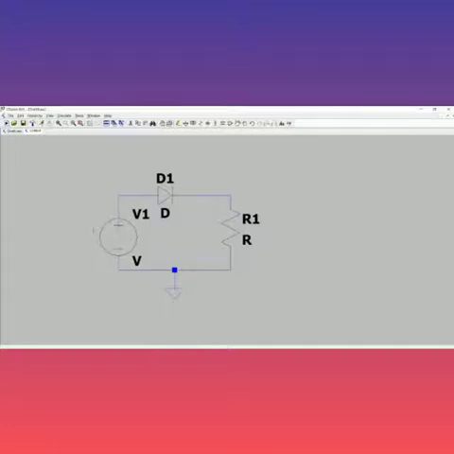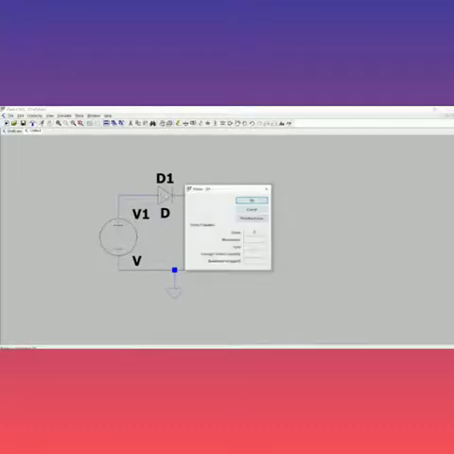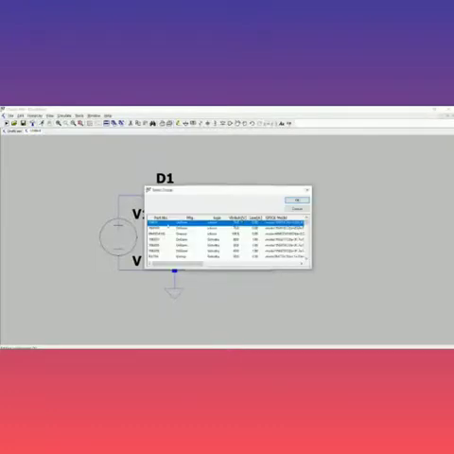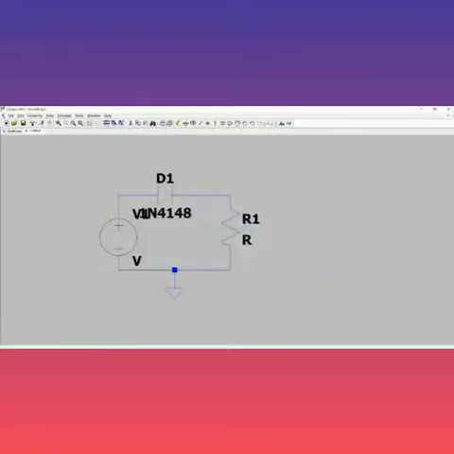The second step is I have to name all the components. For naming the components, I should go to this diode. You can see one hand symbol is there. Right click on it. A dialog box appears like this. Here, pick new diode. I'm going to choose 1N4148. Click that and give OK. You can see that it has been named here. Since it's overlapped, I will just move this and place it here.